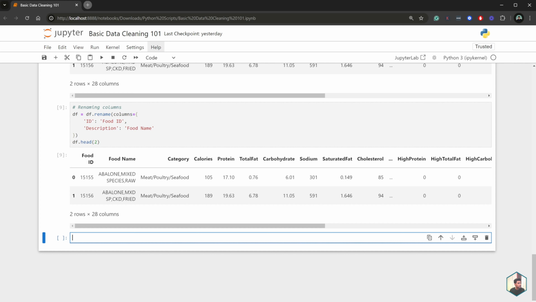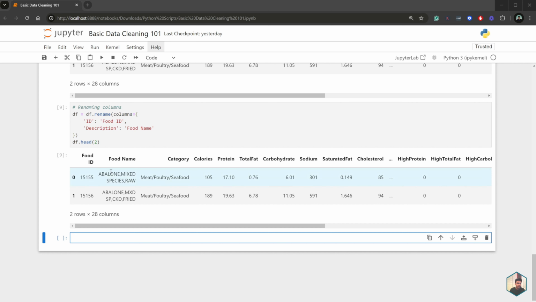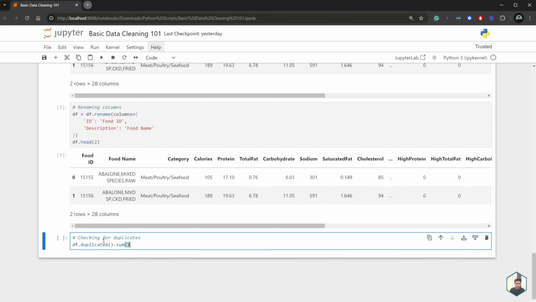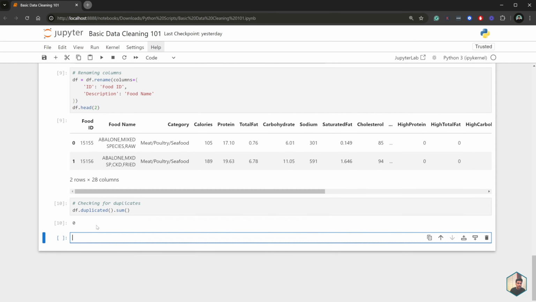The next thing we'll do is to check our data for any duplicate values. So the way you can do that is by running df.duplicated().sum() and then seeing how many duplicate values there are in your data set. So in this case, we actually don't have any duplicates. It shows 0.